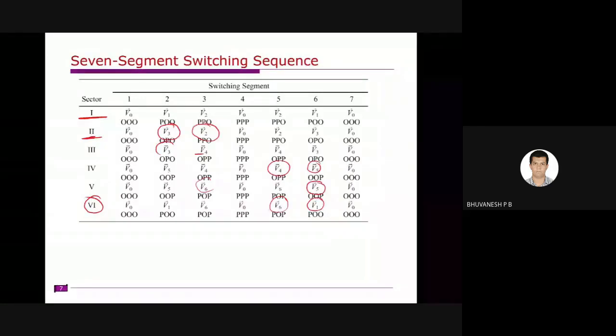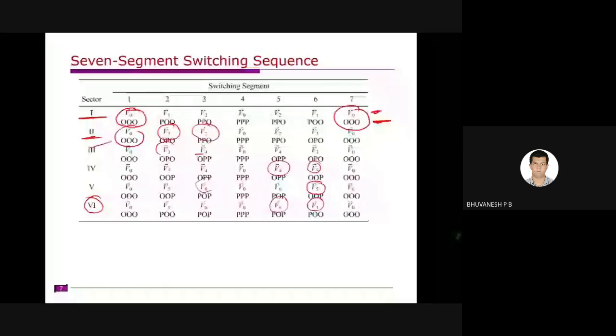If you notice, when it changes from sector 1 to sector 2, this is sector 1 starting and this is sector 1 ending, and this is sector 2 starting. This also ends with 0, 0, 0 and it starts with 0, 0, 0. So now one cycle is completed and you will get the output voltage. We need to sequentially turn on these switches. That means we follow this 0, 0, 0, and after the T0/4 period is over, we turn on this P, 0, 0. How we need to turn them on, I will show you when I explain the simulation in MATLAB.